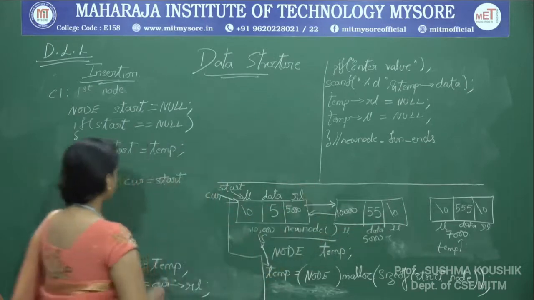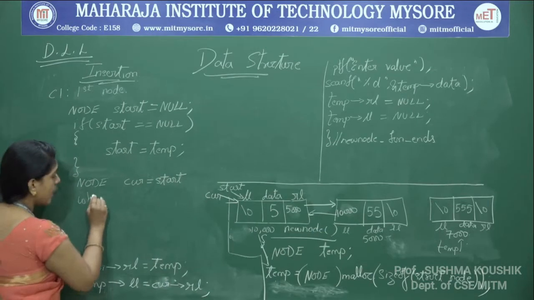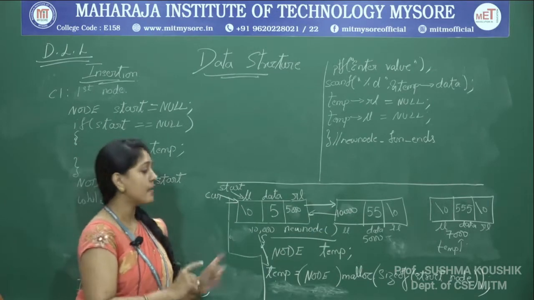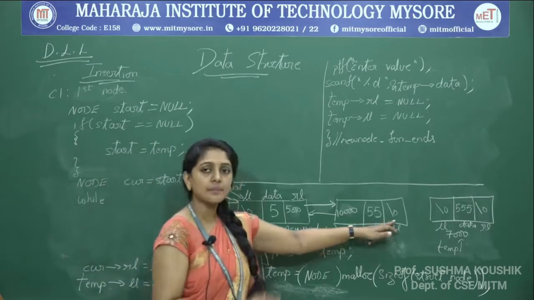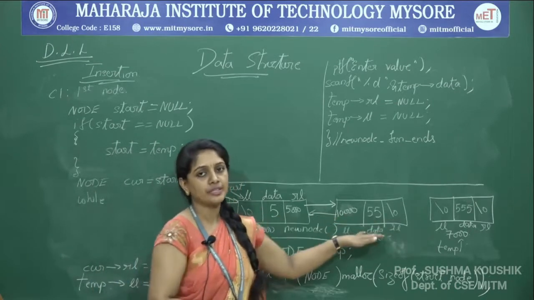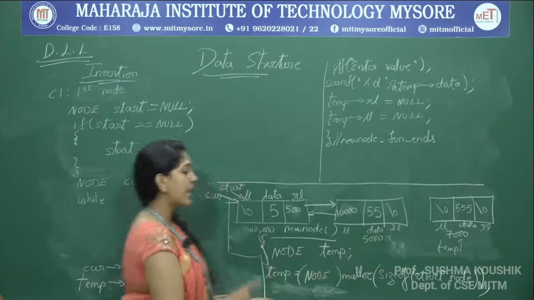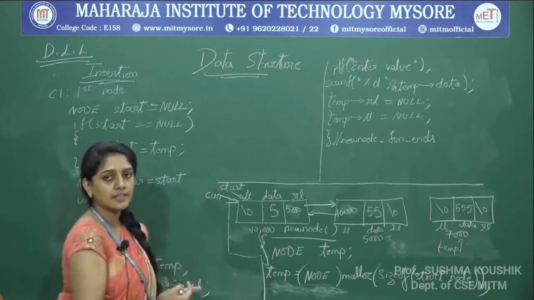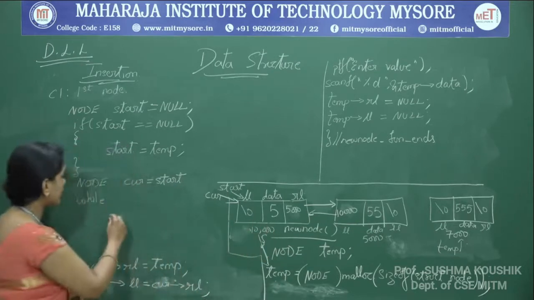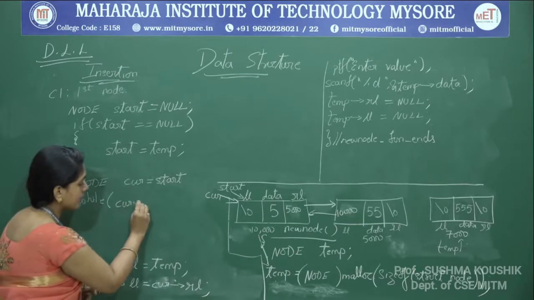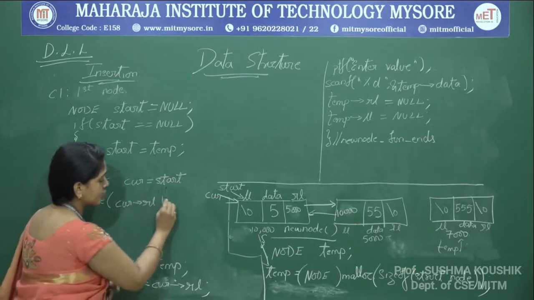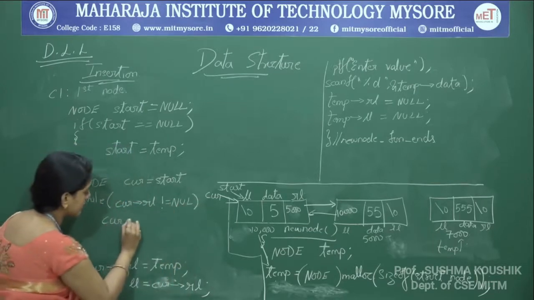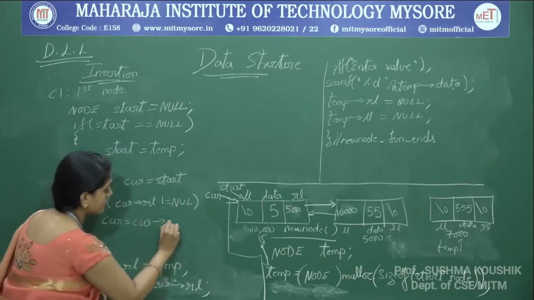How do we do that? How do I get the position where I have to insert? The current of RL should become null. At that point only can we insert the new node we have. So with this understanding, I have to traverse current until we reach a node whose RL is null. So what do we write? While current of RL is not equal to null, keep traversing: current is equal to current of RL.